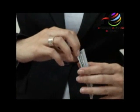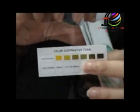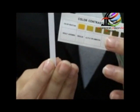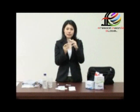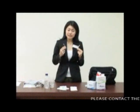The first device is the color indicator. The second device is the device to check the yellow color liquid that we extract from our vagina. But we cannot let our fingers make contact with it when we extract it, so it cannot be contaminated before we use it. The third device is a cotton bud. But we cannot touch this with our hands too. To get the maximum result,